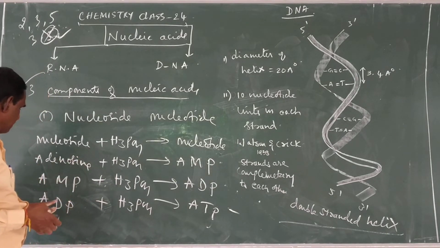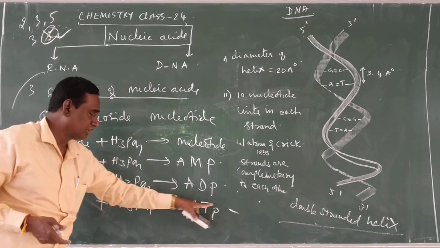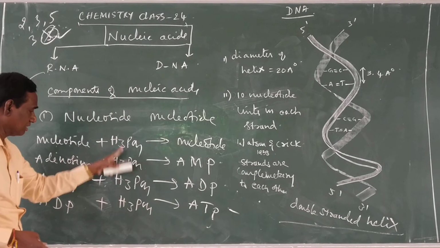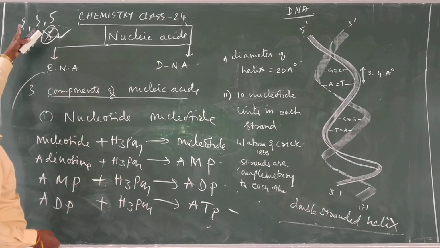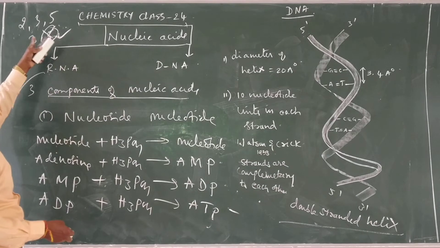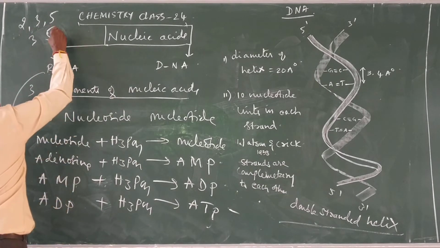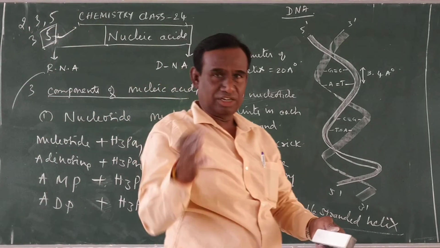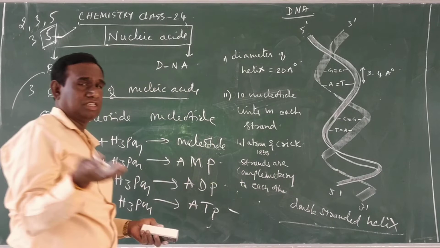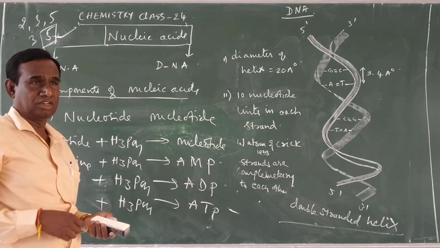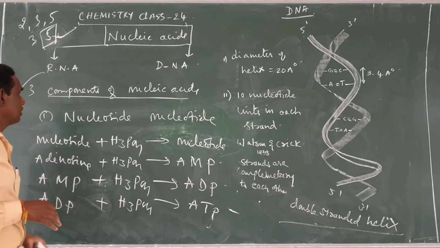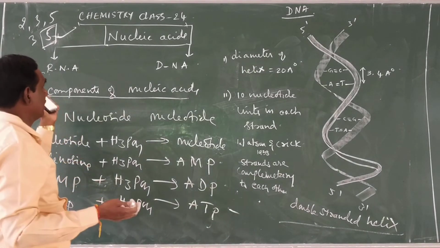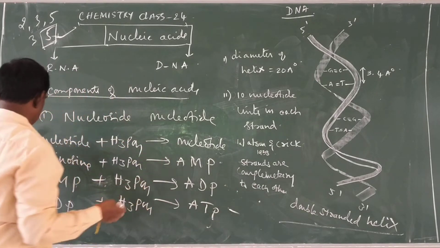Adenosine triphosphate is called the energy currency. Orthophosphoric acid molecules are added at the 2, 3, 5 positions of ribose and the 3, 5 positions of deoxyribose. Anyhow, the fifth position is the most phosphorylated position, both in ribose and 2-deoxyribose. This is how you can explain the nucleotide. Therefore, the partial structure of nucleic acid or nucleotides can be written like this.